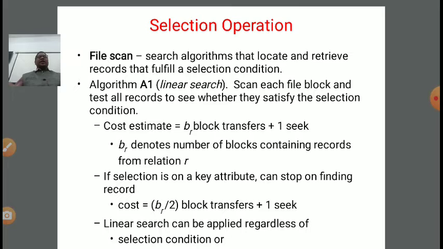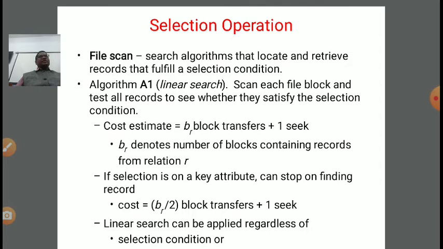Now there are various algorithms involved in this select operation. We divided these algorithms and gave them notations like A1, A2, A3, and so on. Algorithm A1 is linear search. What is linear search? In linear search, we start with the first possibility, then the second, third, and so on until we get our result.